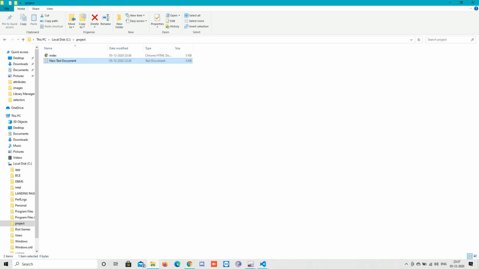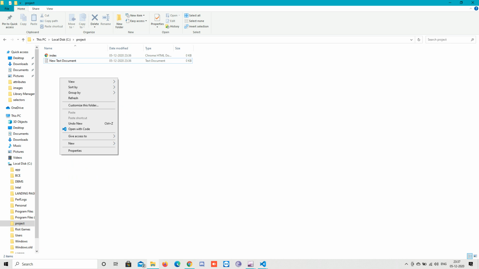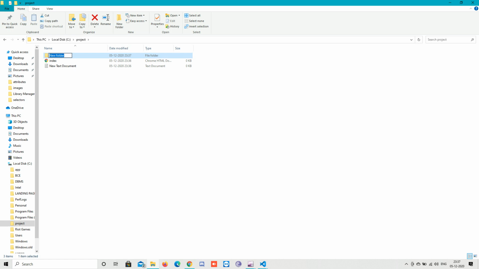Now I will create another folder named resources, and in this folder I will add all the other files except my HTML file. All the other files include the CSS files, the images, whatever I am going to require for my web page except the HTML document. So another folder, I will name it resources, and inside that